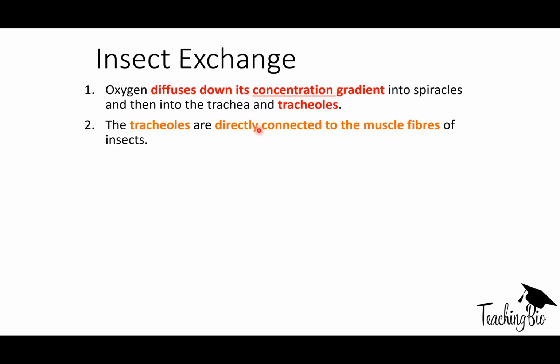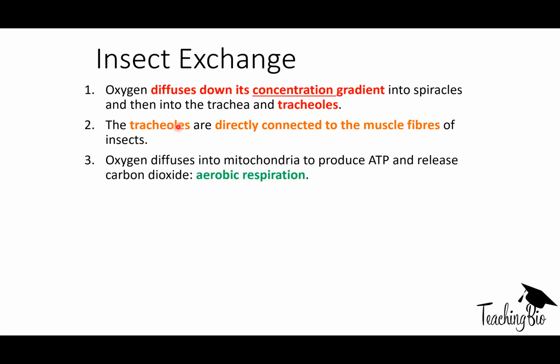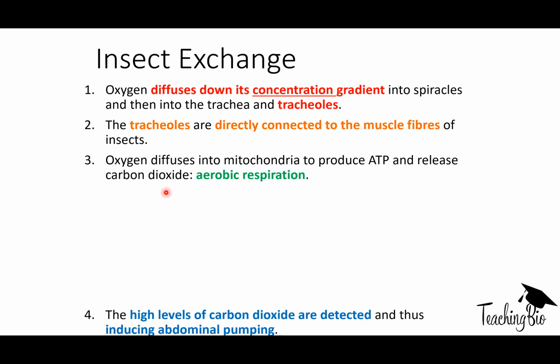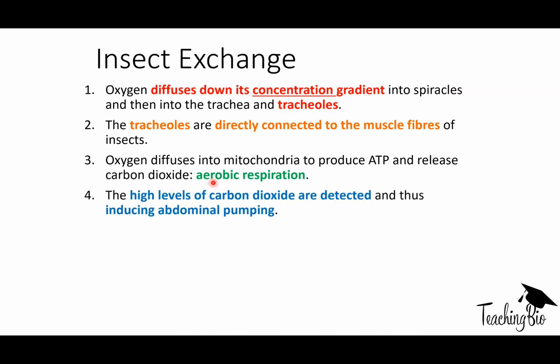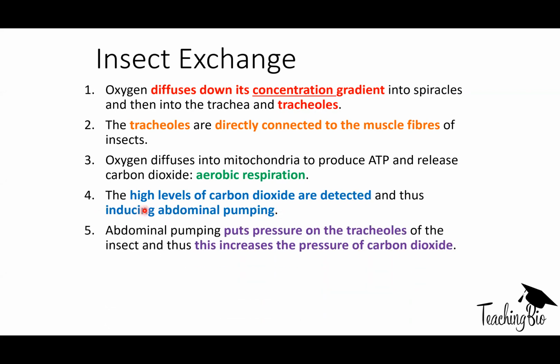So yeah, the tracheoles go directly into the muscle fibres. Therefore, we allow for that rapid diffusion of oxygen. They go into the mitochondria of the muscle cells, which produce ATP by respiration, and that releases carbon dioxide. Once high levels of carbon dioxide are detected within the insect, this induces a mechanism called abdominal pumping. Abdominal pumping, which as the name suggests, is the contraction of the muscles of the abdomen of the insects, puts